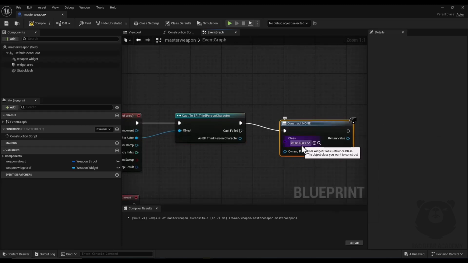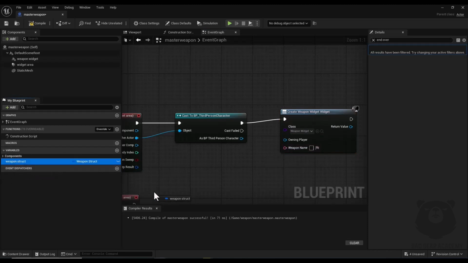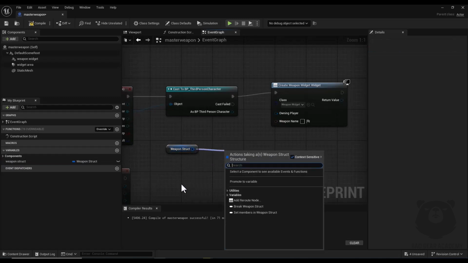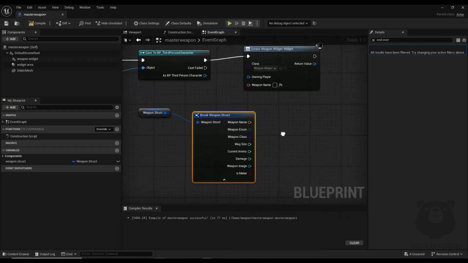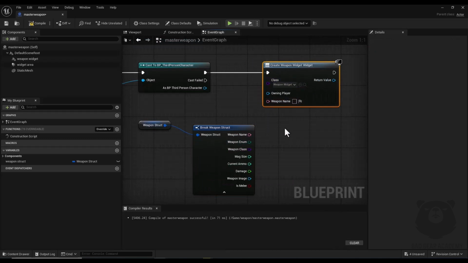Okay, and here I search for my weapon widget, and here I need an input for my name, so I drag and drop my weapon structure that I created in previous episode, and I drag a node and click on break weapon struct, and I have access to all of the variables of this structure, and now I connect weapon name to this input,